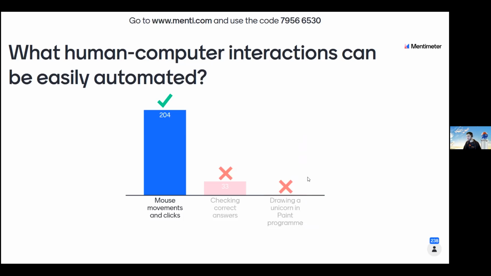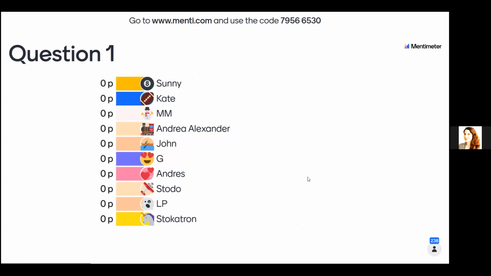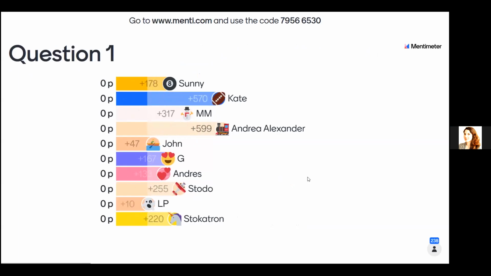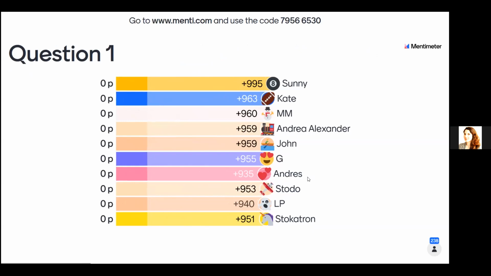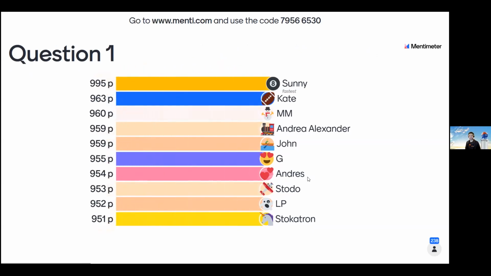So we're gonna go for the second question, and then we're gonna continue, and we have another question for the end. Okay, guys, pay attention now for the second question. This is the score after the first question. So we have 200 people on the first level.